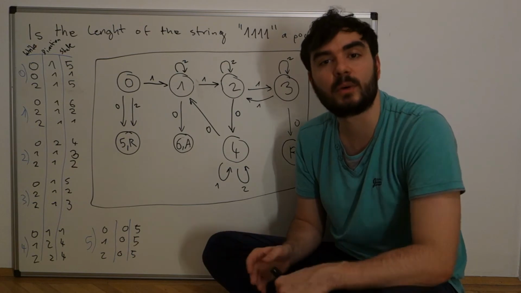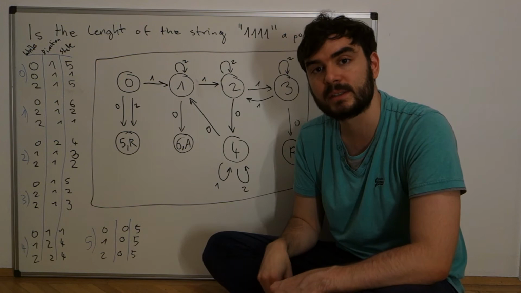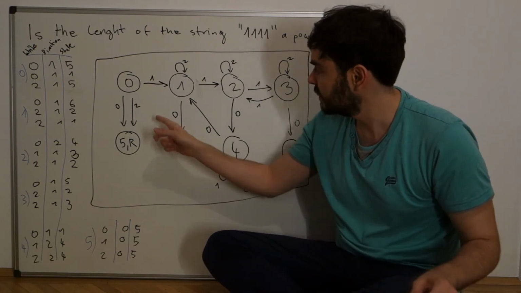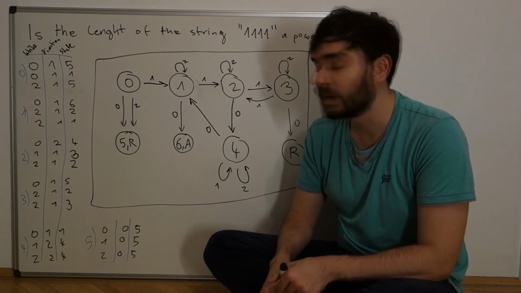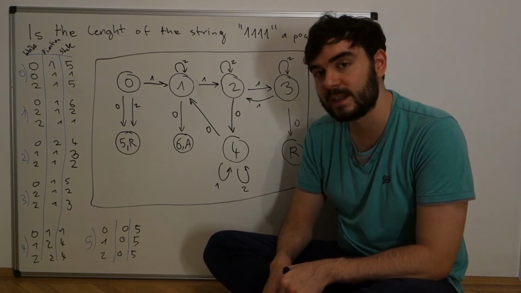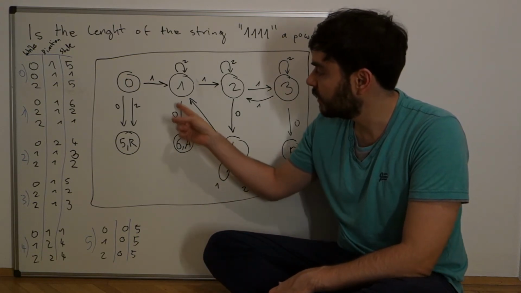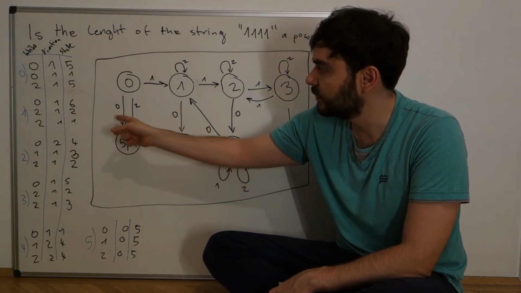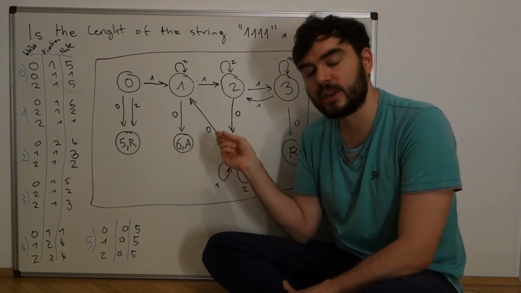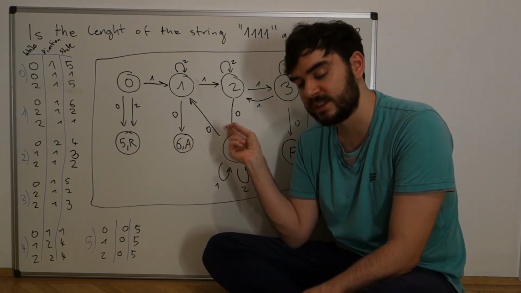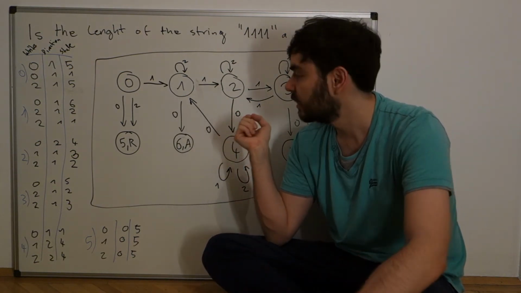But the Turing machine is already the strongest, and I will show you how a Turing machine computes whether a string is power of 2 or not. Here we see this kind of board. We have 8 states, so that's bigger than the finite state machines we looked at before, but that's not the point. The arrows are the same with the numbers telling you where to go, and in that case I consider an alphabet with not just 0 and 1 but also with 2s,